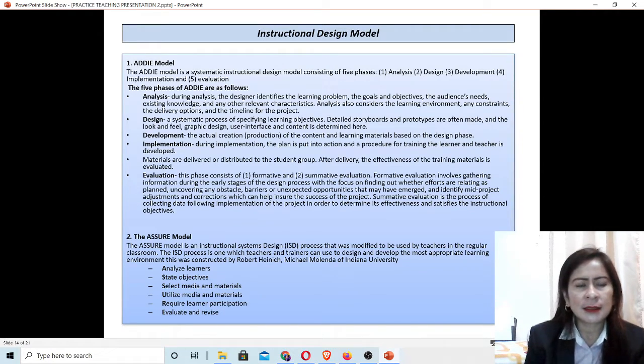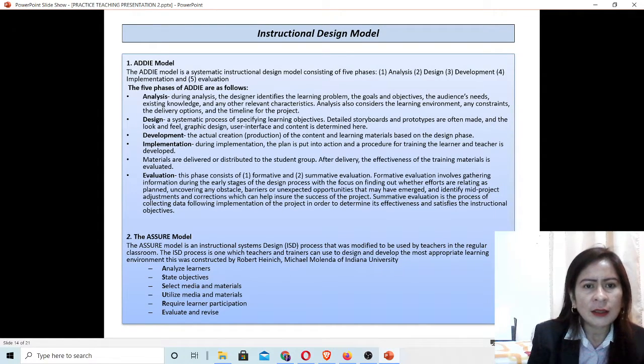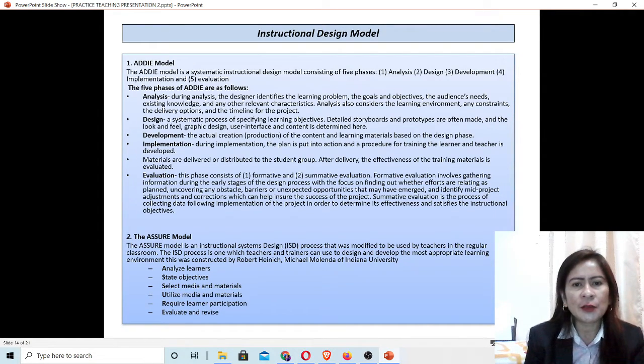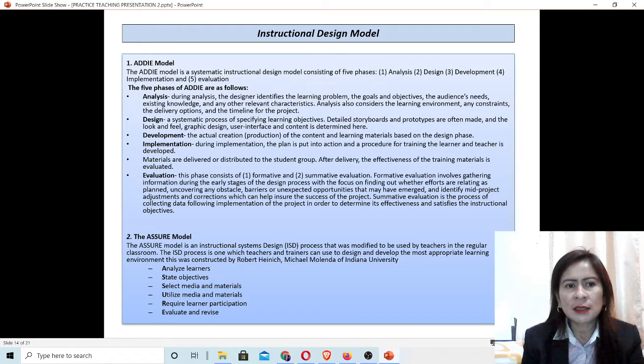First, analysis. During analysis, the designer identifies the learning problem, the goals and objectives, the audience needs, existing knowledge, and any other relevant characteristics. Analysis also considers the learning environment and constraints, the delivery options, and the timeline for the project.